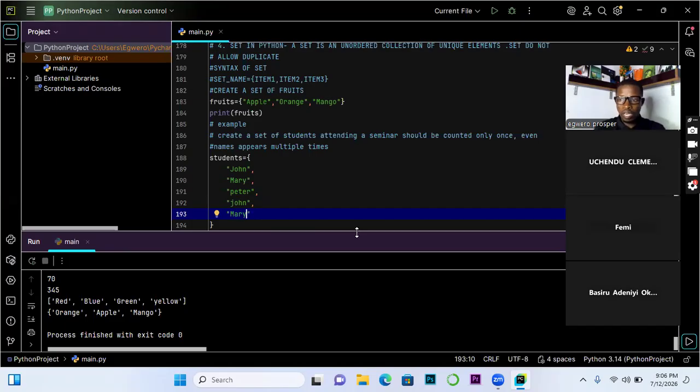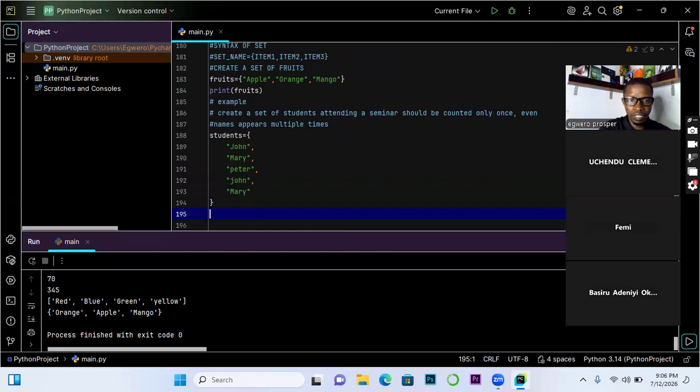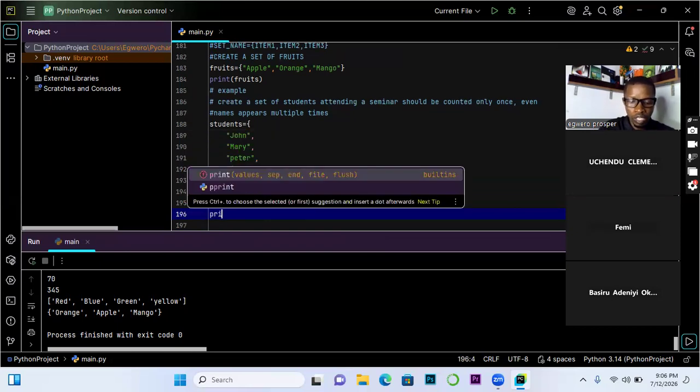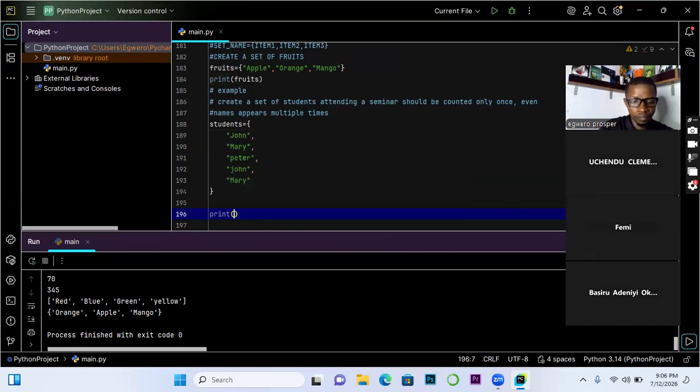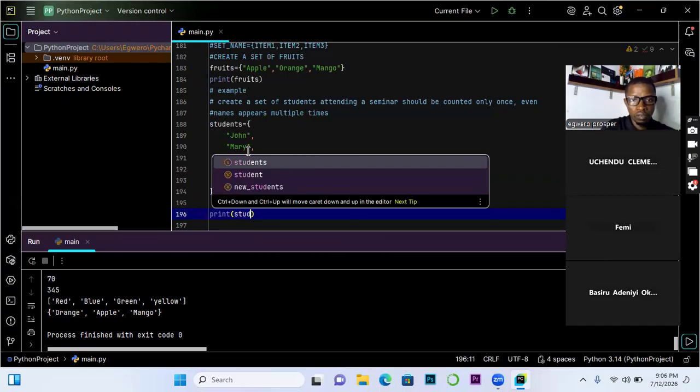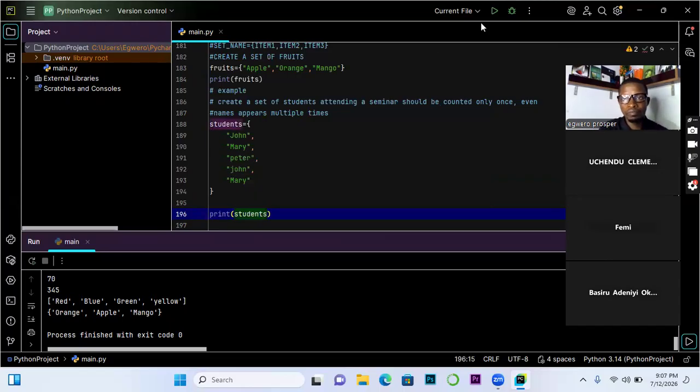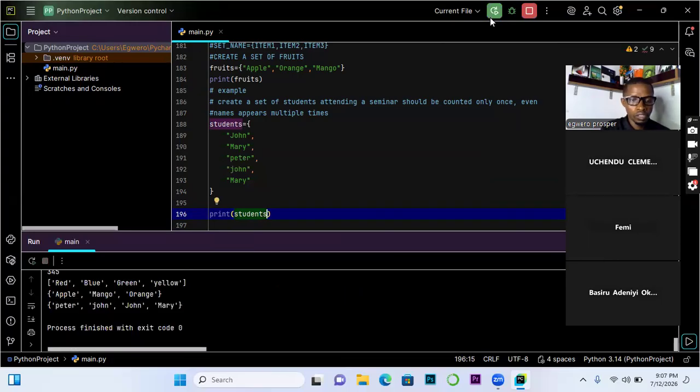All right, so now let's print and see whether it will accept those two names. So let's print students. Now, can anybody tell me what happens here?